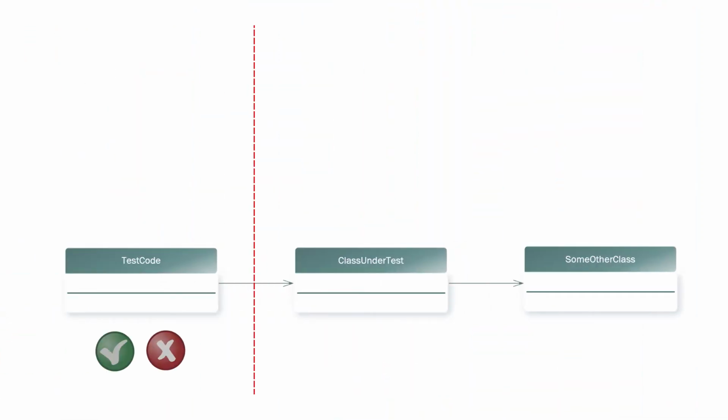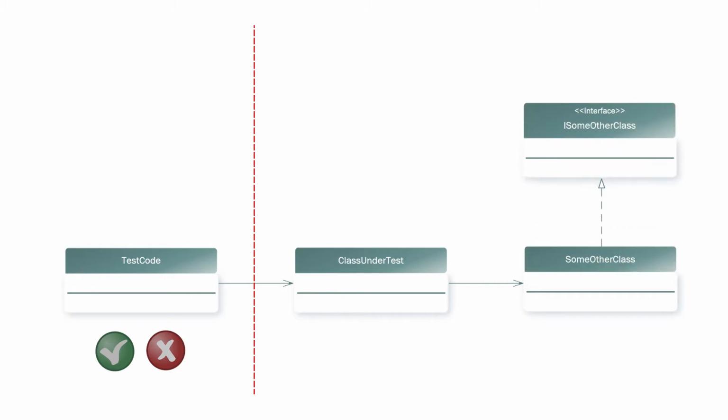And the normal way to do that is to use a thing called a mock object pattern. Very simple idea. First thing we do is we apply the dependency inversion principle, which is to say, instead of the class under test being directly dependent on some other class, we introduce an interface that we'll call some other class because it exactly matches some other class. We then implement that interface in some other class, which should be very easy, and then from the class under test we reference the interface rather than the actual object. So that's broken the dependency.